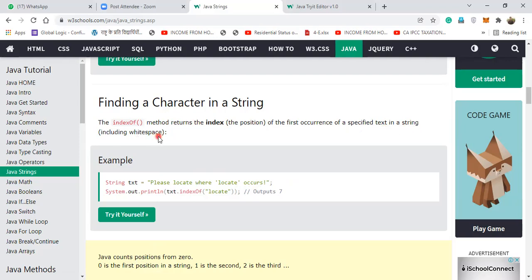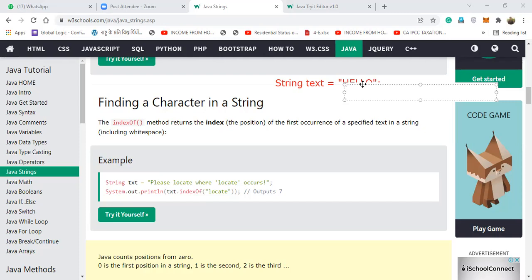Before I proceed with indexOf, I need to tell you something very, very important here. Suppose I write a greeting, a string text is equal to, say for example, hello. Actually I need to tell you what the index means. See, if there is a space, then I need to write the index of the space also. So here we have certain index positions. H is given index position 0.